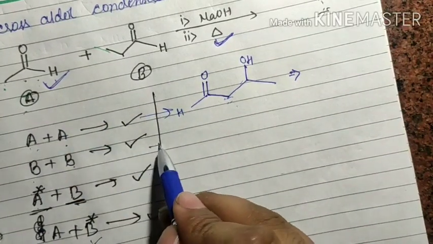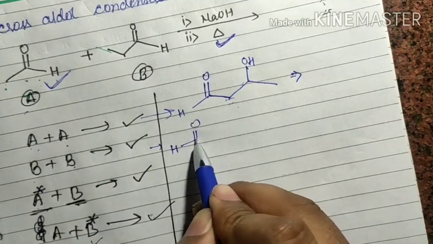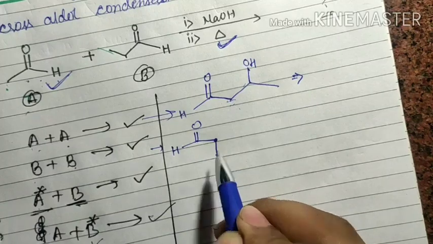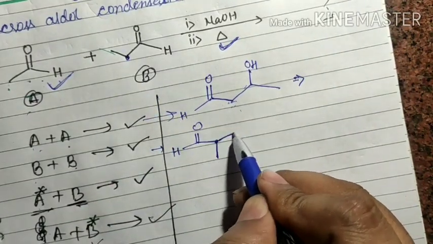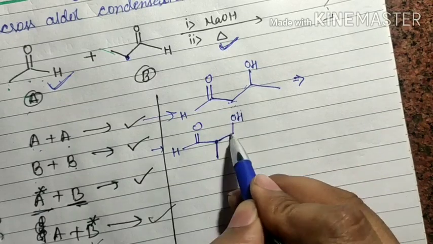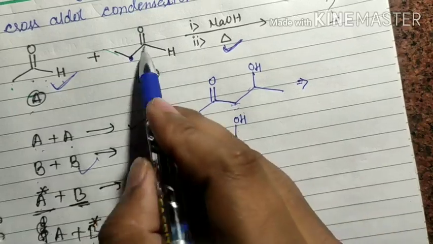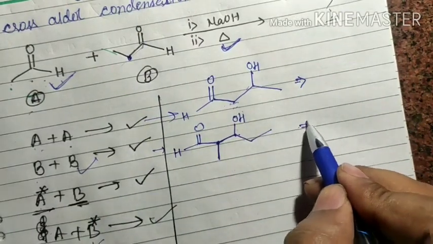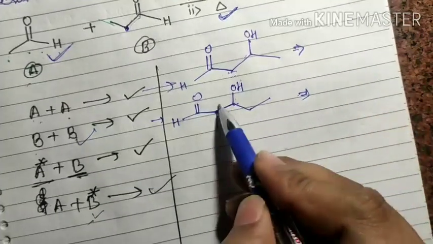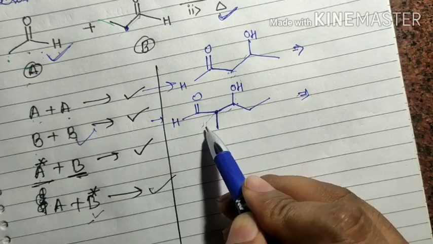And now for B plus B. In B plus B, H, double bond O, this system behaves as a nucleophile. So it forms a new bond. This one is OH, and it is attached with one hydrogen. Another molecule is similar, with one hydrogen and one CH2, CH3. So you may write the second product after forming the double bond here, and here one alpha hydrogen is present.